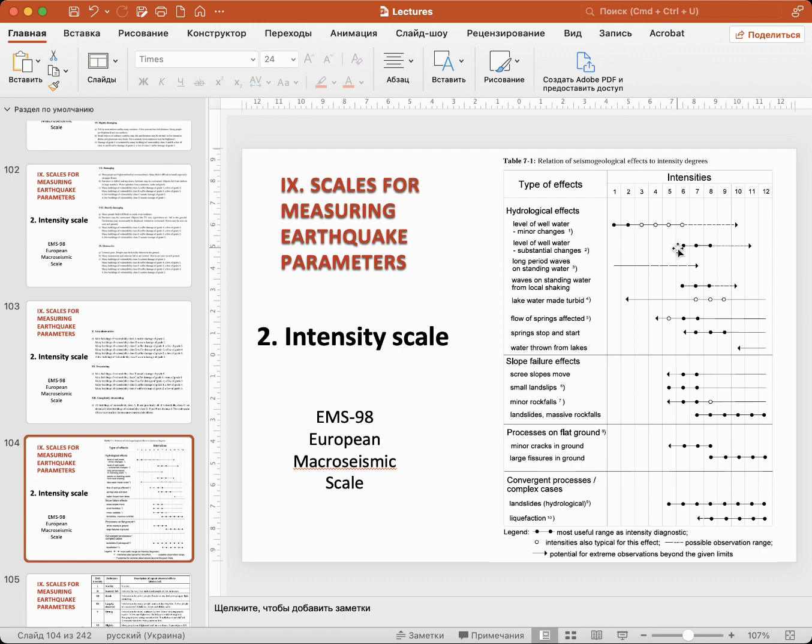Here is the behavior of geological effects due to the intensities of earthquakes. Here we can find the behavior of water, hydrological effects, slope failure effects, like landslides, rock falls, etc. Also, this gives us the ability to assess the processes on flat ground, like minor cracks or large fissures in the ground, and also complex processes like landslides or